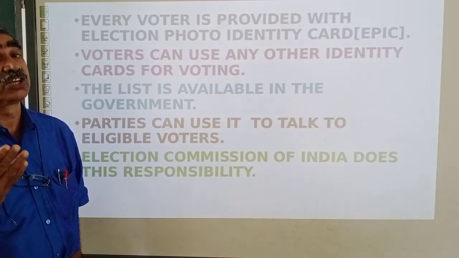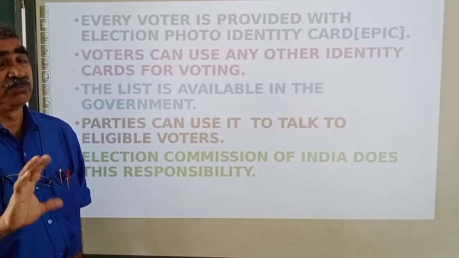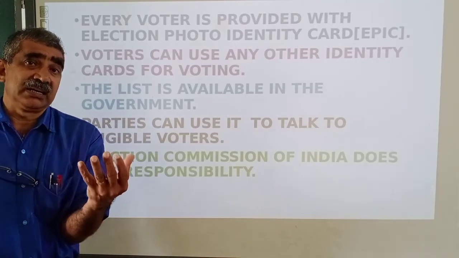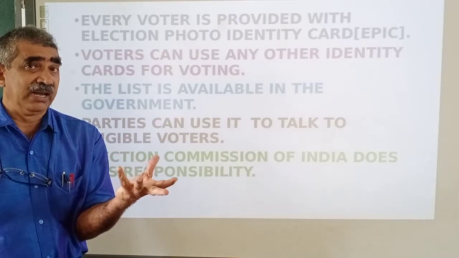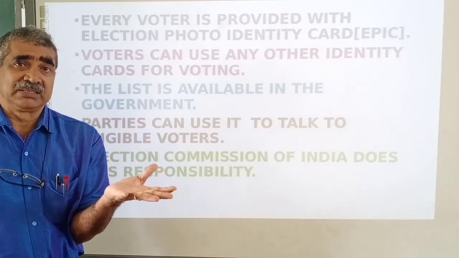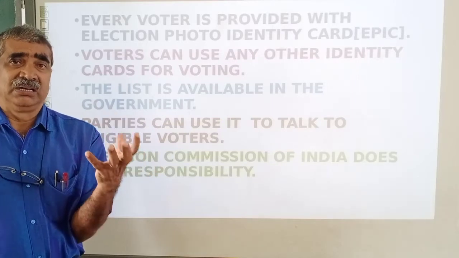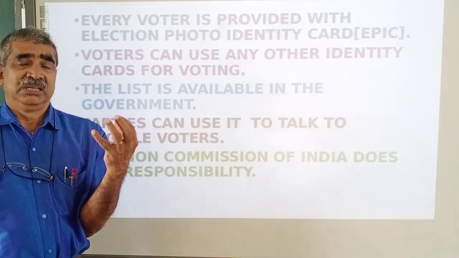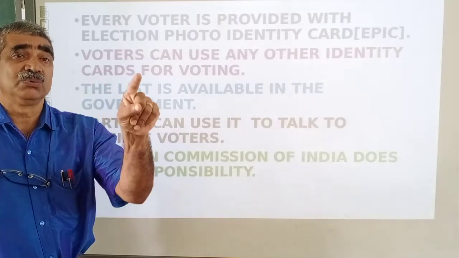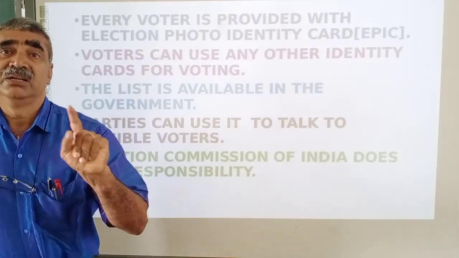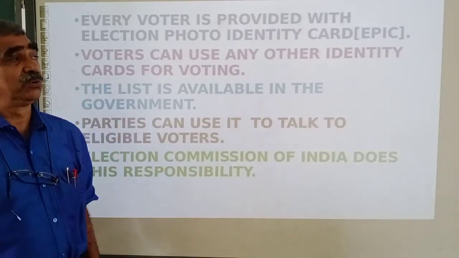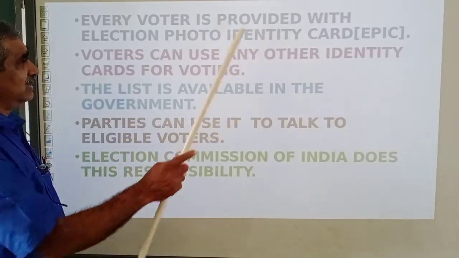There should be a registration in the election list. Without that number, we cannot go. Only then should we have the number. We can use other identity cards. If we have not taken the ID card, then we can show our driving license, ration card, or Aadhaar card, any of those things as identity cards to show that you are the same person whose name is mentioned in the voters list. So your name should be there also. That's the voters list.